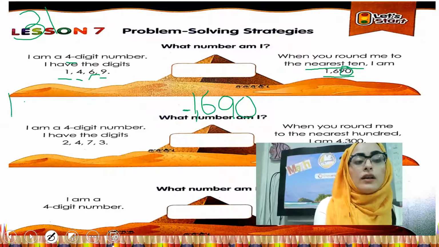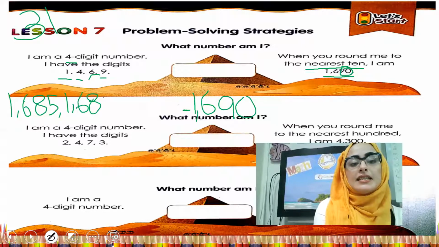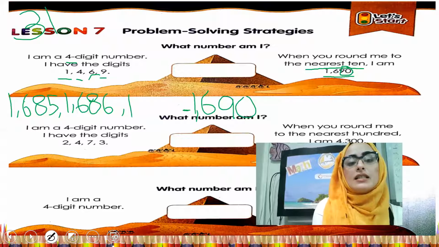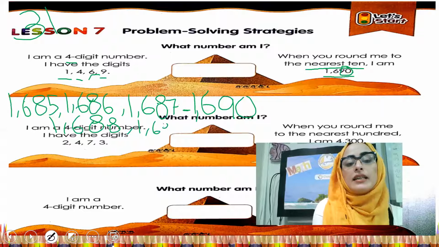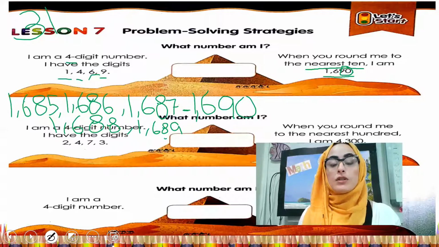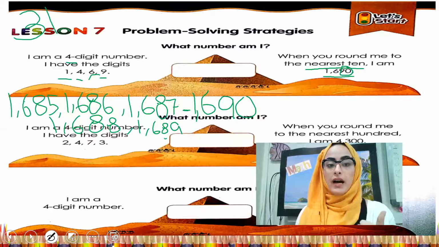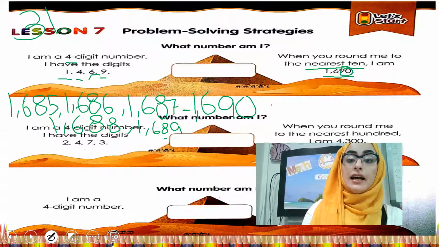The first one is 1685. They will be 90. And also 1686 and 1687 and 1688 and 1689. When I'm rounding the 80, all of them, they will be 90 because my ones are strong numbers. 5, 6, 7, 8, 9 round up, so the 80 will be 90. Or I have other options like